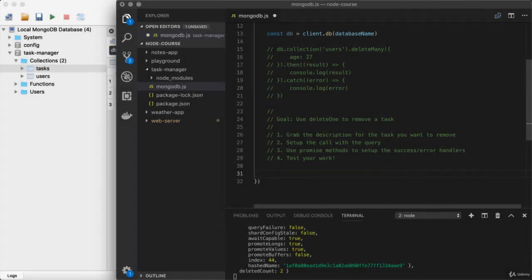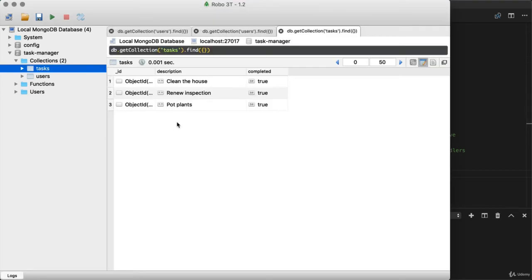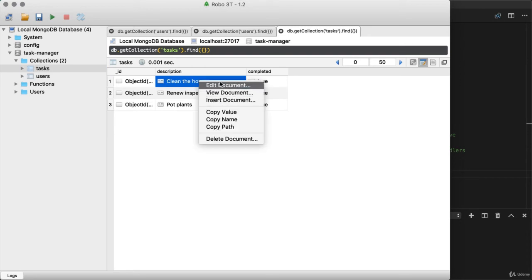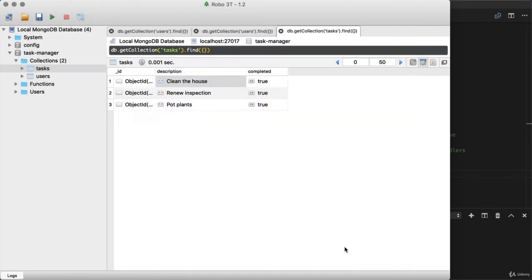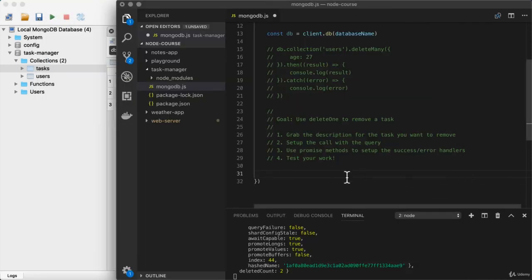How'd that go? Let's go ahead and kick things off by grabbing the description for the document. I'm going to go ahead and remove clean the house. Now it's already done, so I don't need to keep it around. Right here, I'll grab its description. Next up, I'm going to bring that over to my code and I'm going to call the correct method. That's going to be